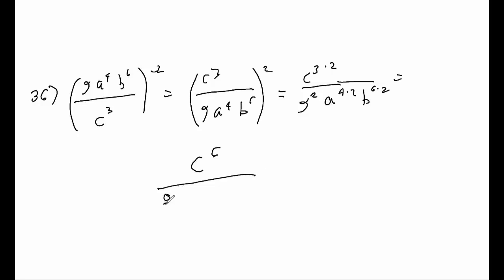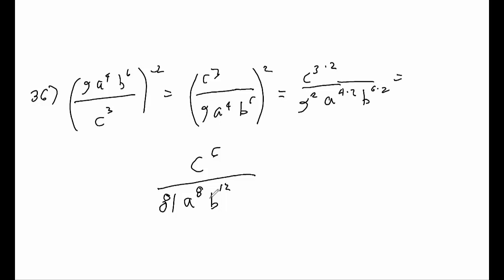That will give me 81. And then 4 times 2 is 8, so it's a to the 8th. And then b, 2 times 6 is 12, so that'll give me b to the 12th. There's no more simplification I can do since all these bases are different, and I am now finished simplifying this